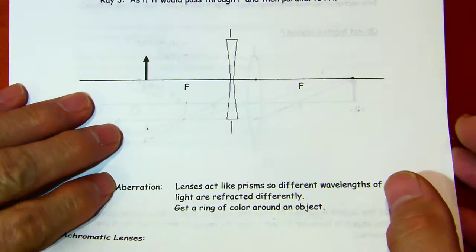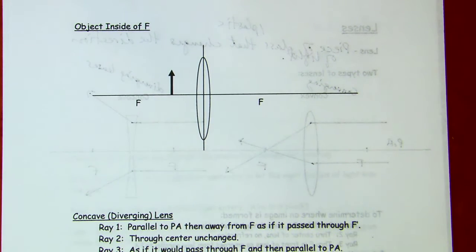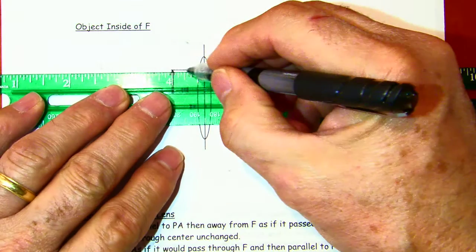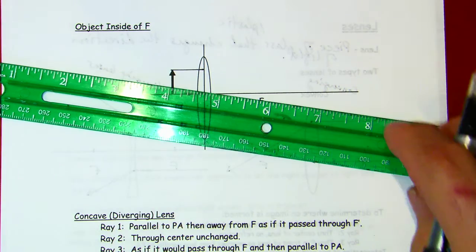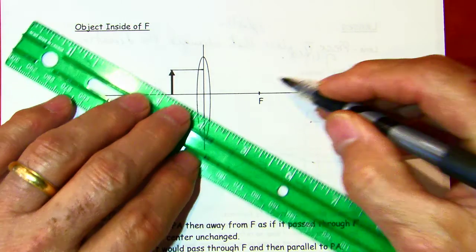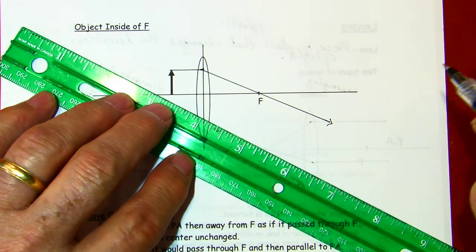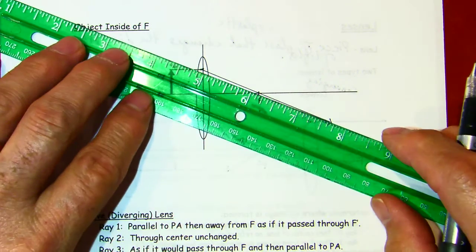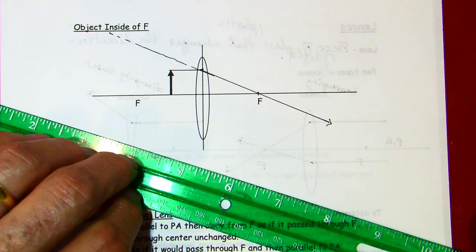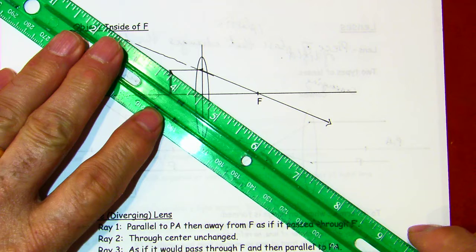Okay, now what if you have an object inside the focal point? All right, and this is again with a converging lens. Okay, first ray, parallel to the principal axis. Boom. Then it goes through the focal point on the far side, just like we've done before. I'll put a little dash here so you can see it. And off it goes on its merry little way. Now, I'm going to dash this guy just for a measure of correctness, because the next one, when it goes through the center of